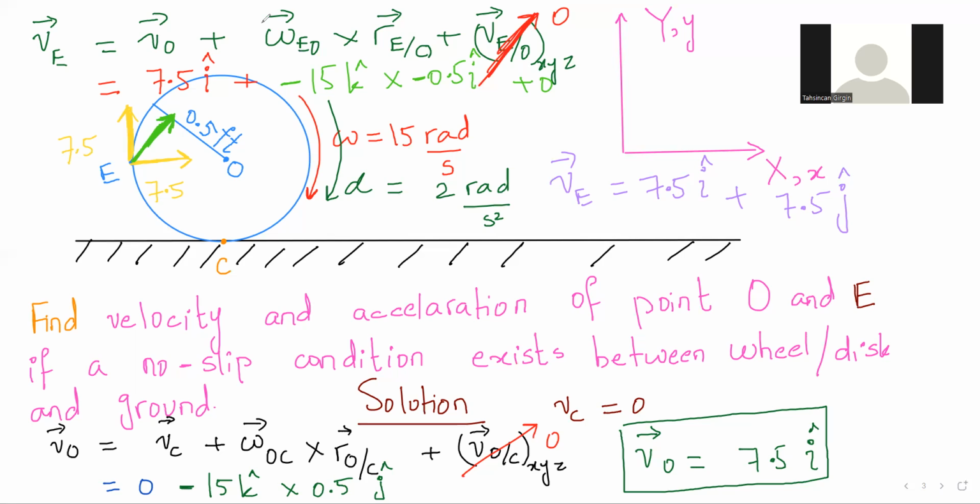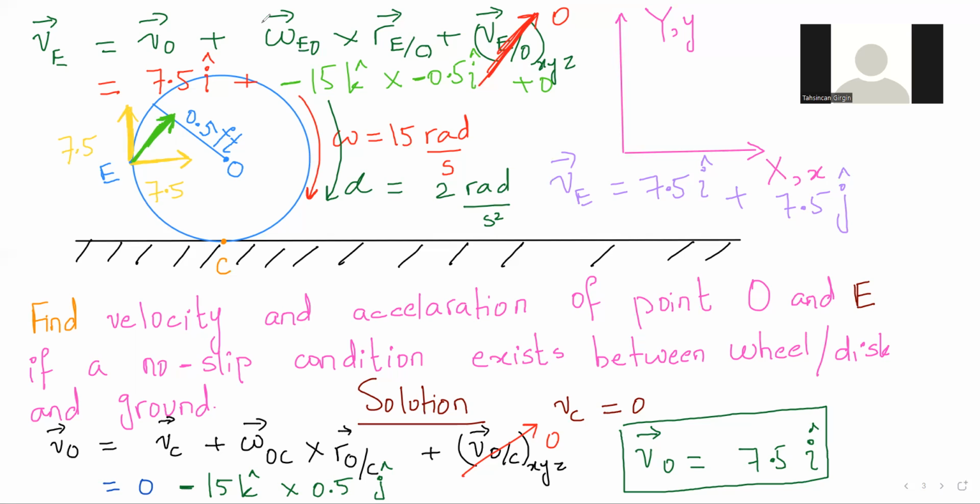Acceleration of C will not be zero. Because this is turning, C must have a normal component of acceleration. Good. The normal component of acceleration should exist because this is curvilinear motion. The point C is following a curved path, so there has to be a normal component of acceleration, and also tangential. AC will not have a tangential component because of the no slip condition. Okay, well, this is tricky for everyone, I guess.